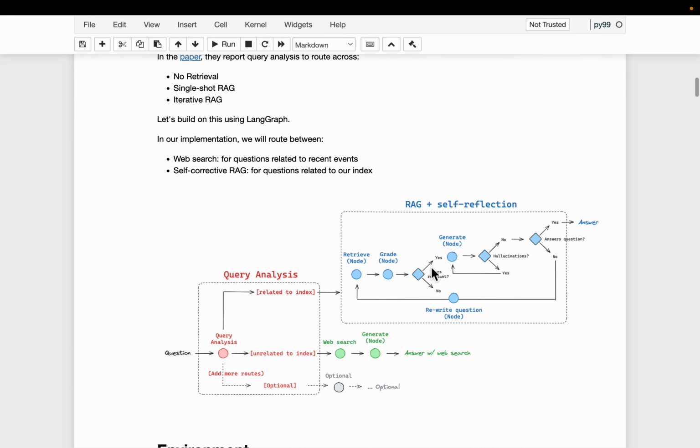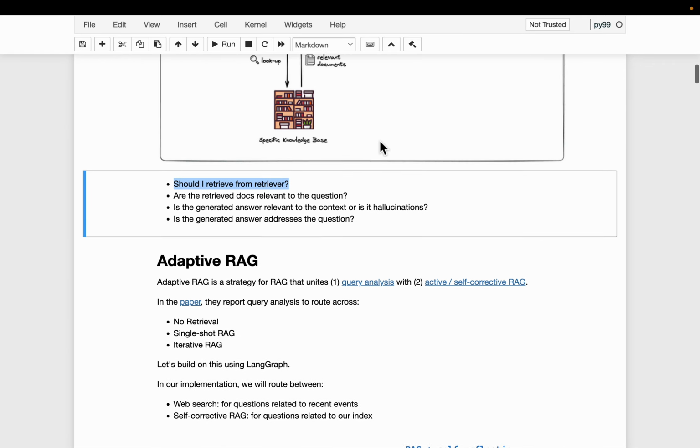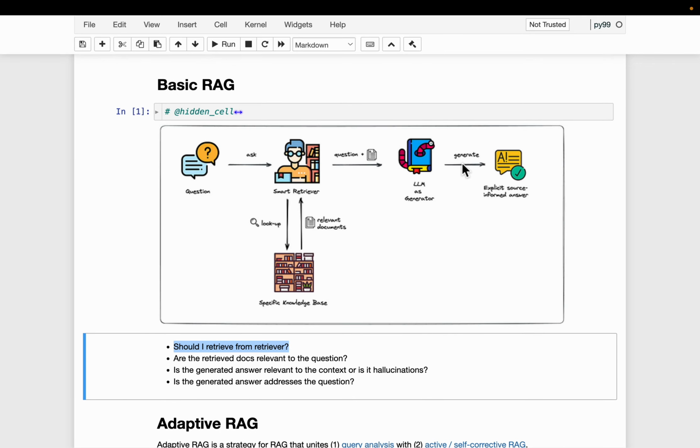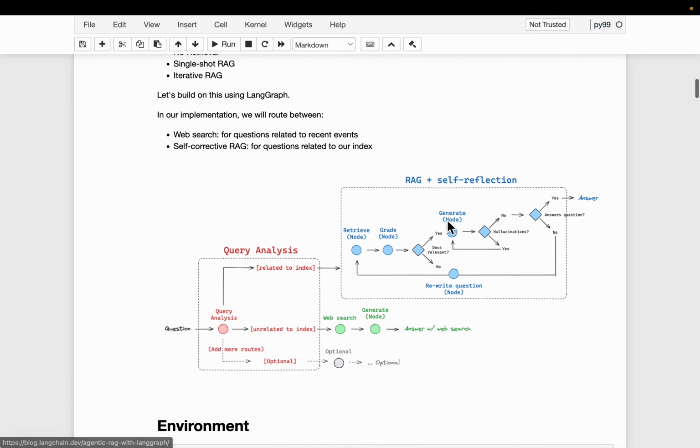And let's say the documents are relevant, we provide them to the LLM and it comes up with an answer. And then we had 2 more limitations, right? Is the answer actually based on the provided context? Is the answer addressing the user question? So 2 more limitations we have to address.